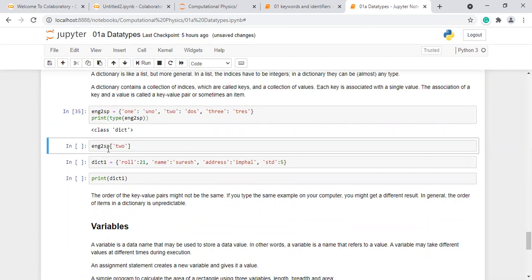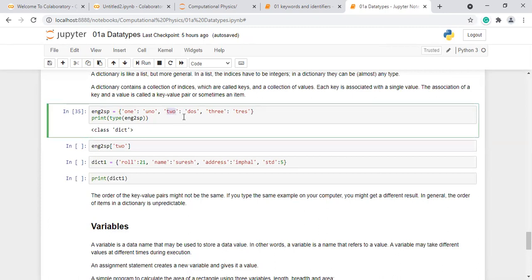English to Spanish, with 2 written in quotes. Just like a list, we use brackets, and within the bracket you can write the key. So 2 is the key, and what is the corresponding value? The value is DOS.